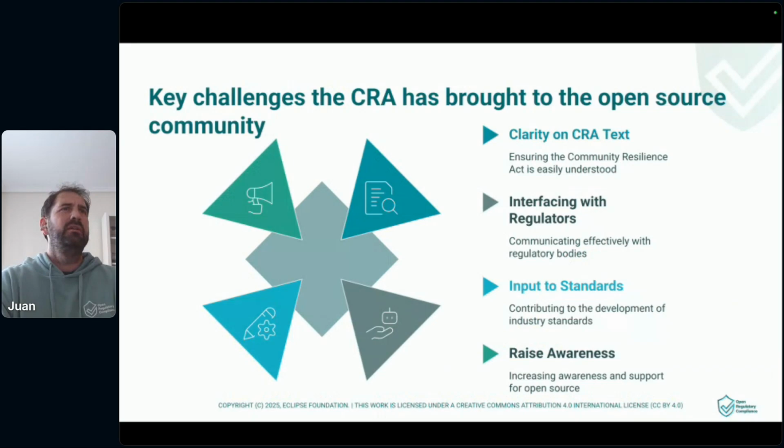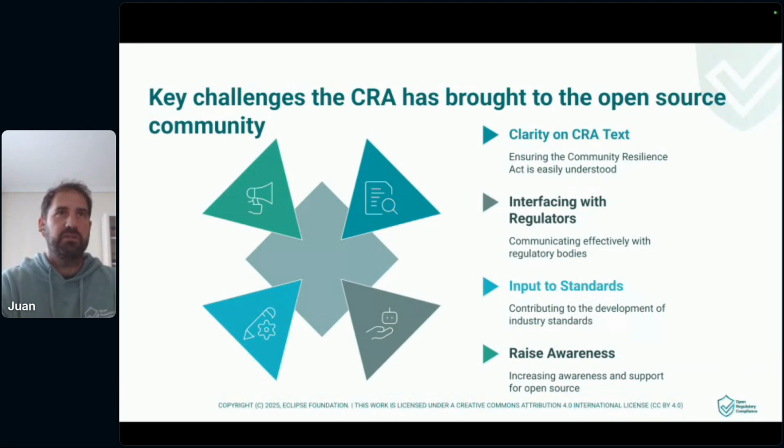However, we have not been traditionally contributing to this work, so it's not trivial to contribute to the standards in a way that is effective both for the standardization bodies and also for the open source communities. And the last point is not only applicable to open source communities, but in general is basically to raise